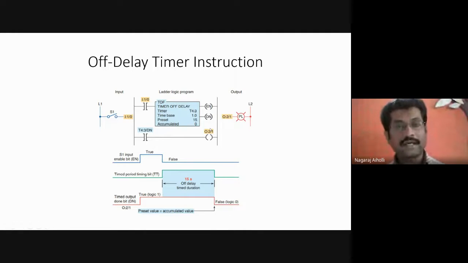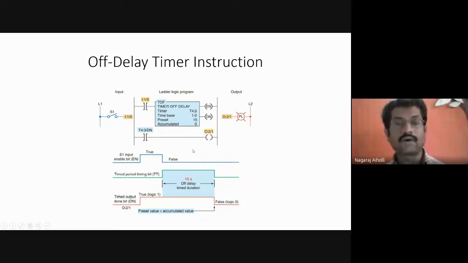If immediately after the switch is released the lamp becomes off, there is no importance of the timer. The importance is, once the switch is released, the lamp will not immediately become off. It will be in the on state for the time duration of the timer. The off timer will be triggered, and for 15 seconds it will be glowing.